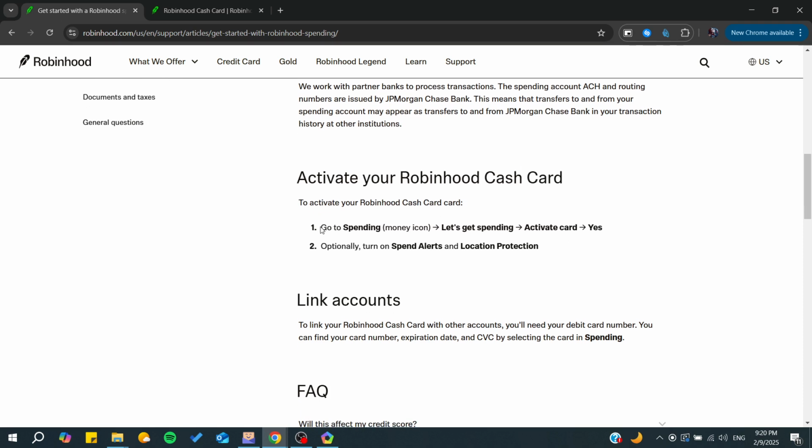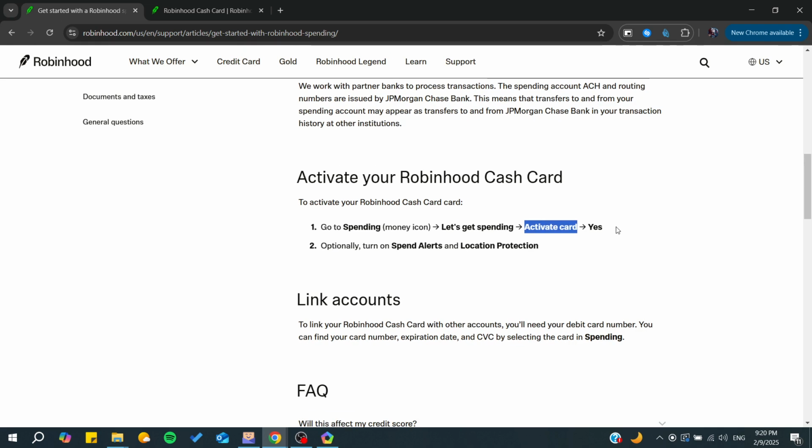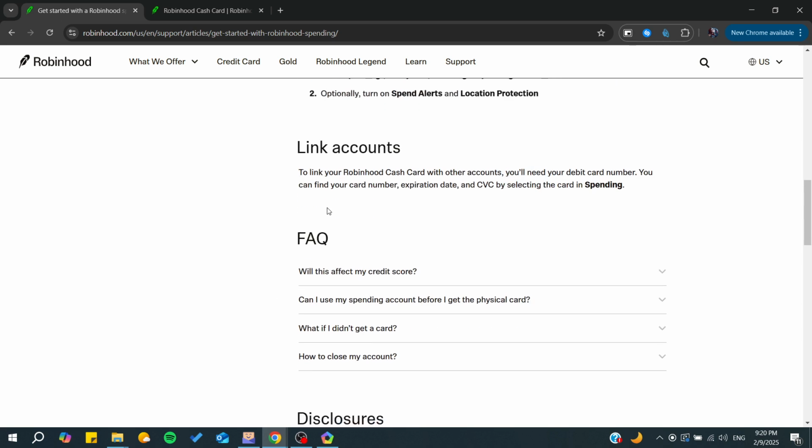Basically, you just need to go to the spending tab in your application, which is the money icon. After that, click on get spending. Then you will activate your card, and basically that's it. If you want, you can turn on spend alerts and location protection if you would like. That's it. You have many other optional things that you can do, for example, to link your accounts